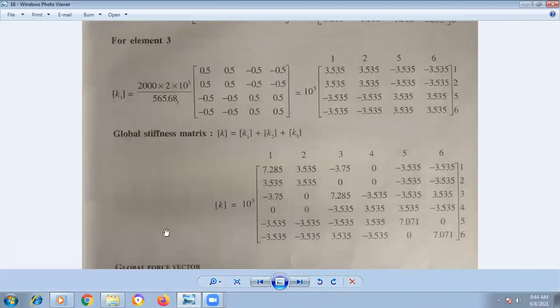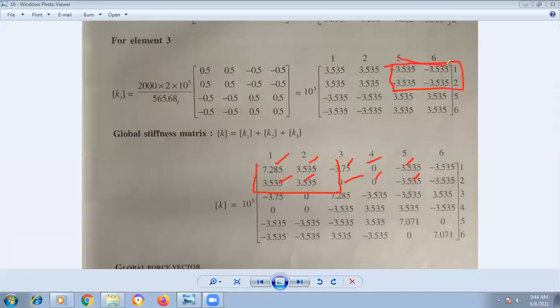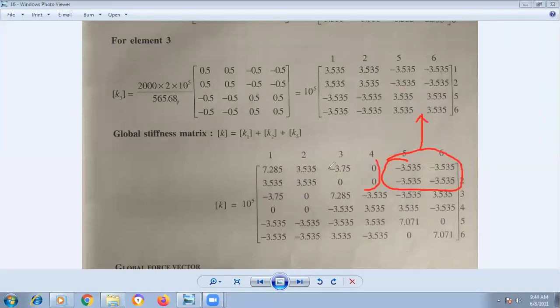Now you write it. So K11 gets added, K2, these two are same, 3, 4, 5, 6, right? So these terms 5, 6, 1, 2, 5, 1, 6, 1, 5, 2, 6, 2 are written as it is. You are transferring this as it is. So be careful while you are transferring. This 4 belongs to the third matrix. This belongs to the first matrix. And this is a combination of both first and third matrix, right? So these are the common terms.